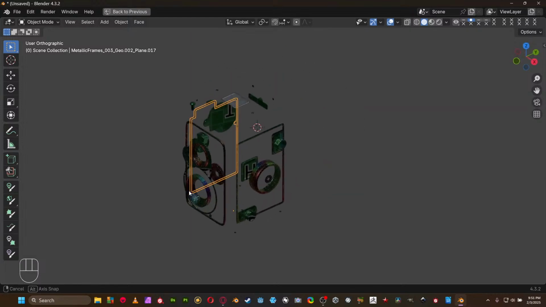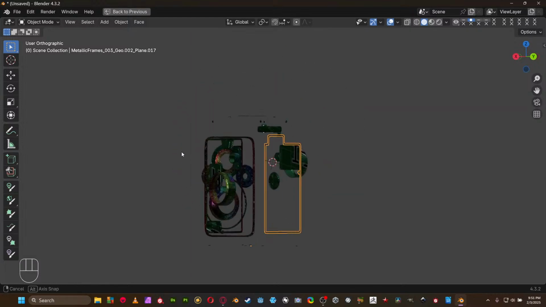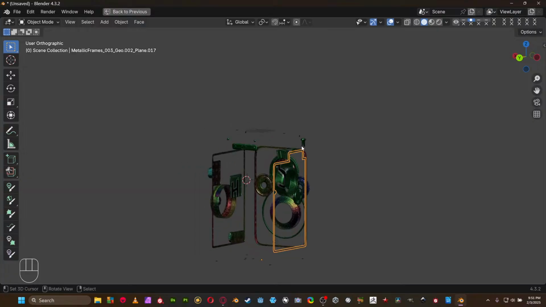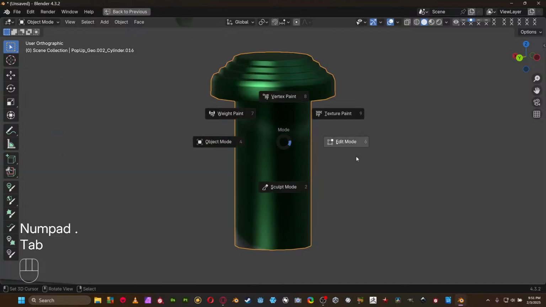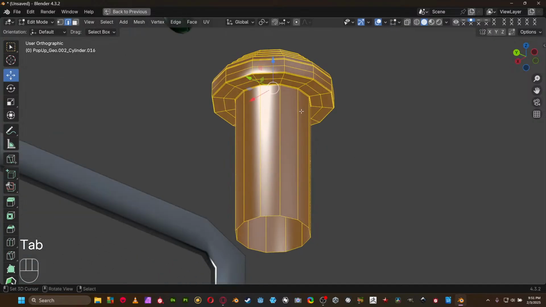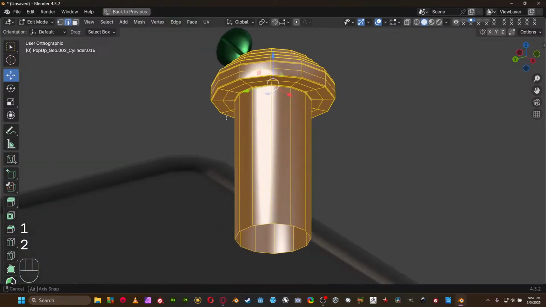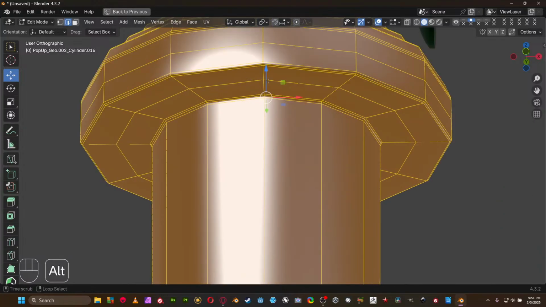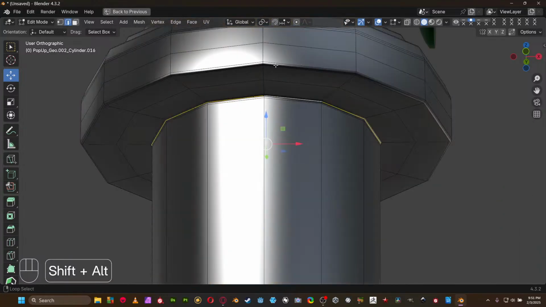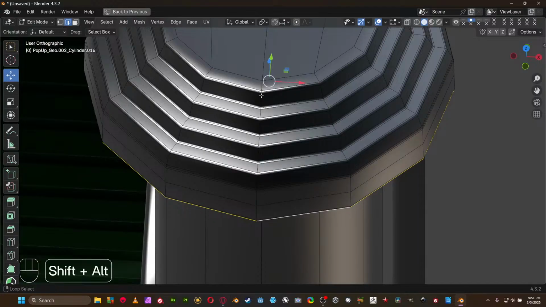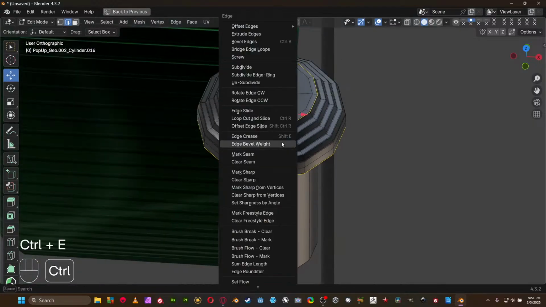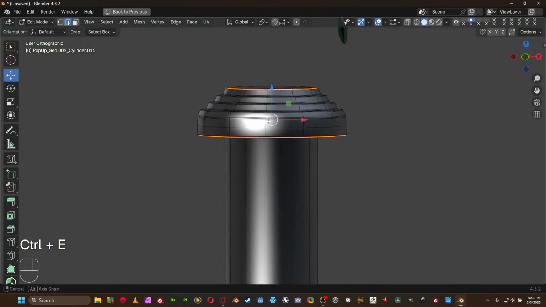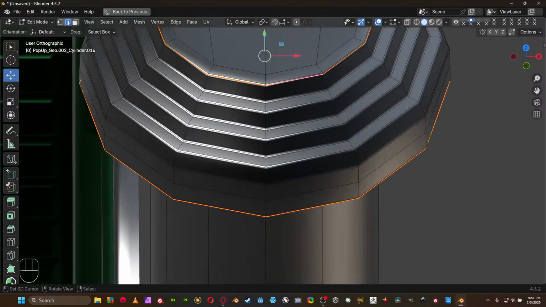So I will not do everything because it's just the most complex sections in there and the most captivating for the eye. For example, this section is just a cylinder in here. So let's just continue with this guy. For example, let's just make a cut in there, a cut in here, and a cut in here. Let's just mark the seam, and then we're gonna